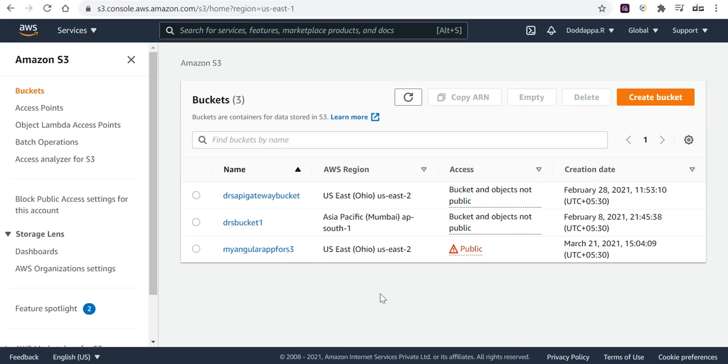With this, you can create a bucket, use it for your purpose, and then delete it so that your account is not charged. As long as you are within the limit, your free tier account can be used to play around with all these types of S3 activities. Hope this is helpful information, friends.